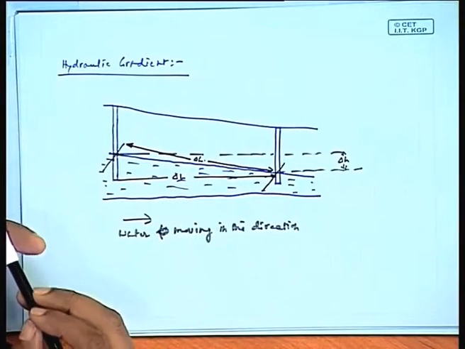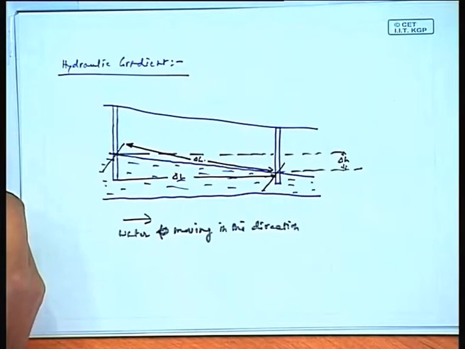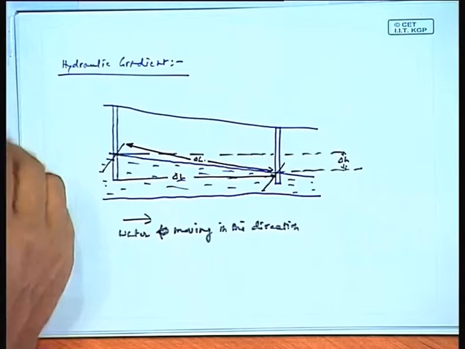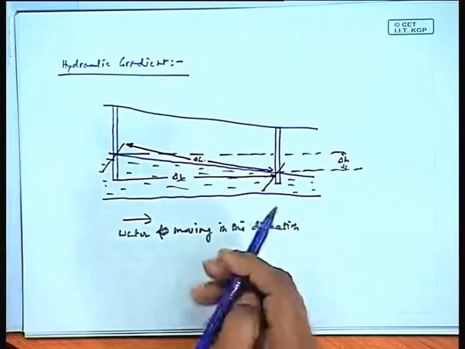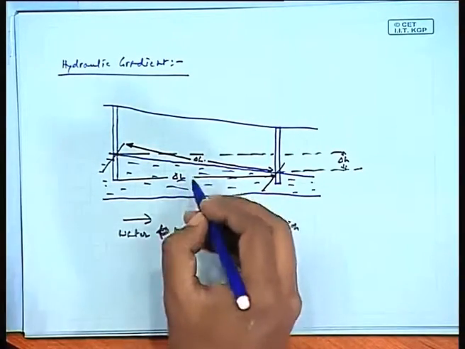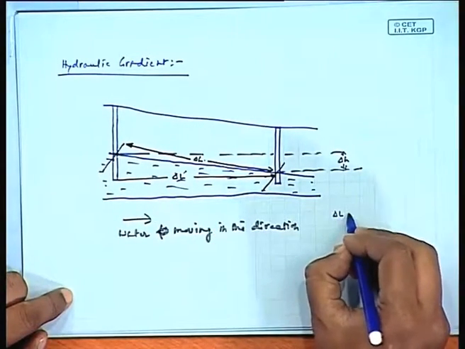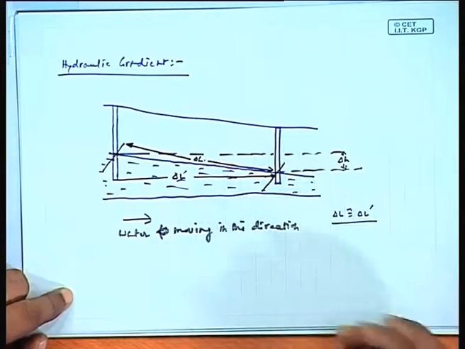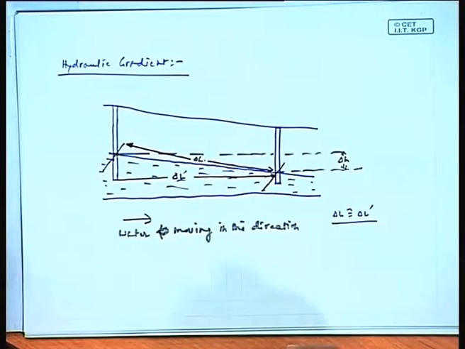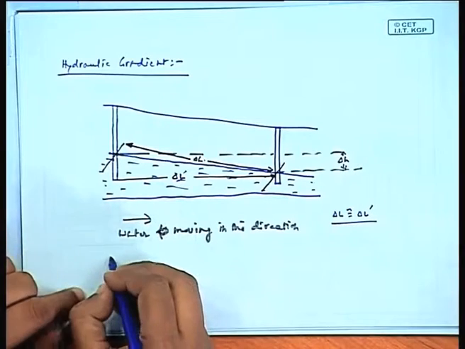When the aquifer we are discussing is a long one, then we can think of the values del H, del L and del L dashed. In many cases we consider del L equal to del L dashed, almost the same. So if it is a very long aquifer, we can consider these the same. In such cases the hydraulic gradient